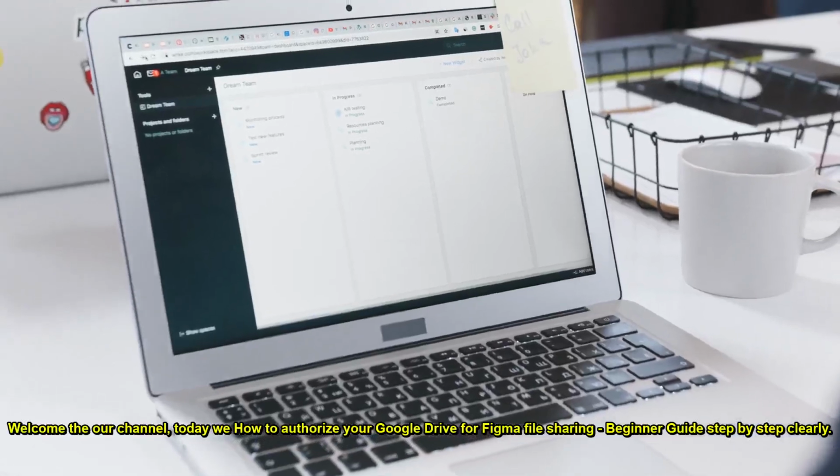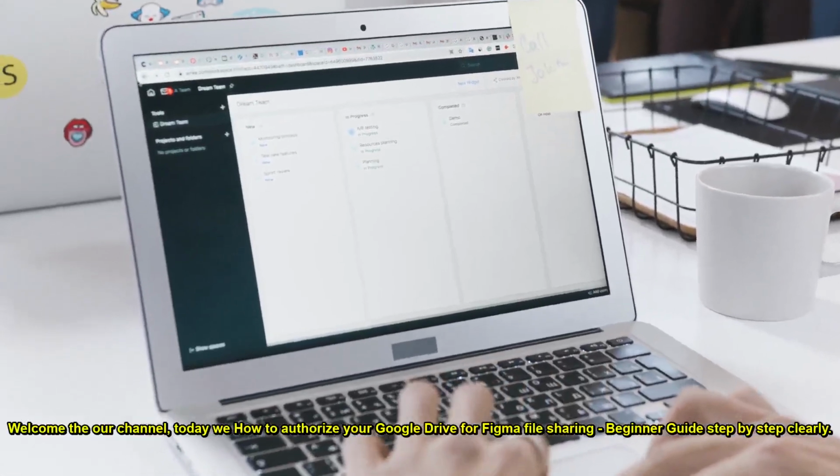Welcome to our channel. Today we learn how to authorize your Google Drive for Figma file sharing, a beginner guide step by